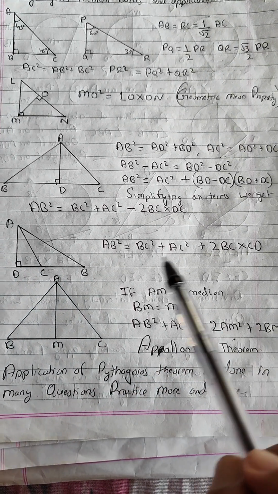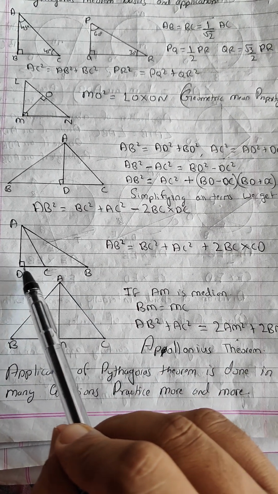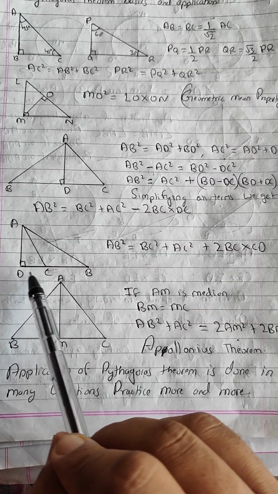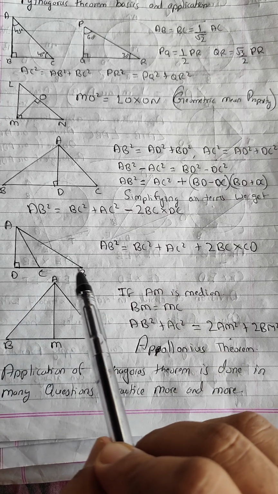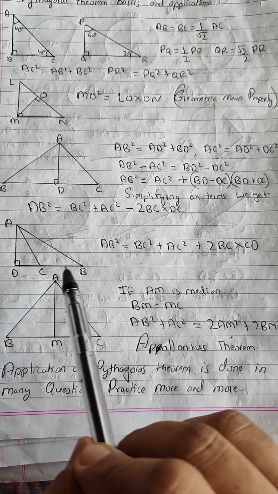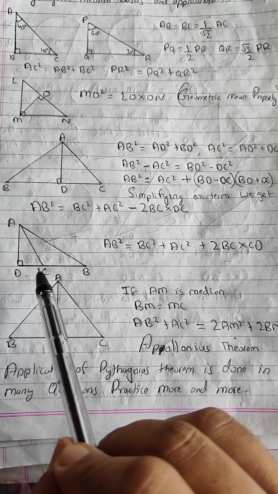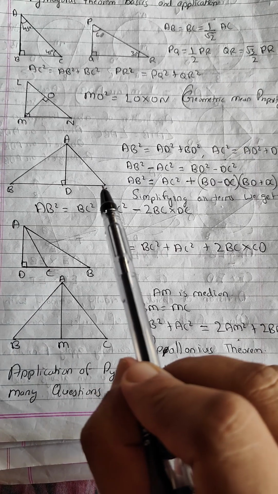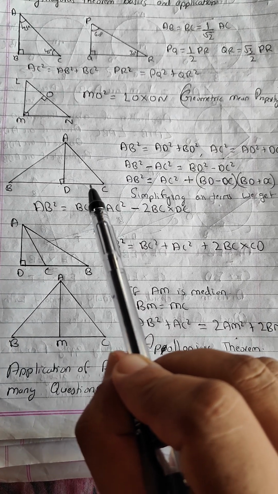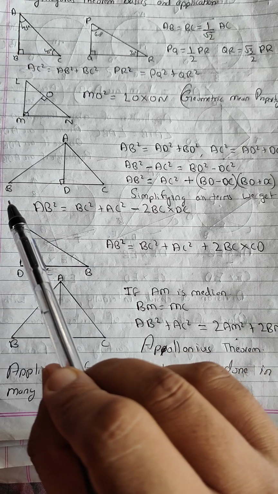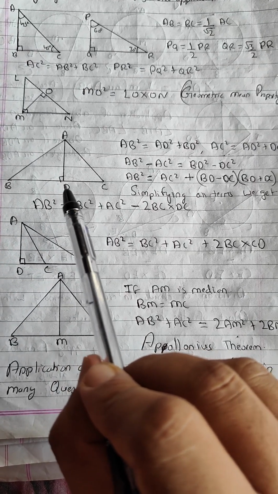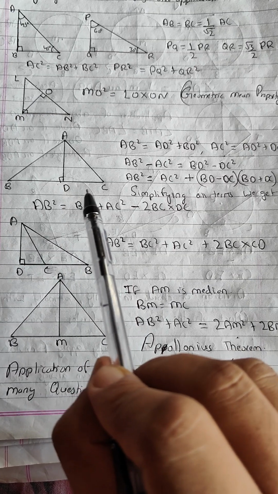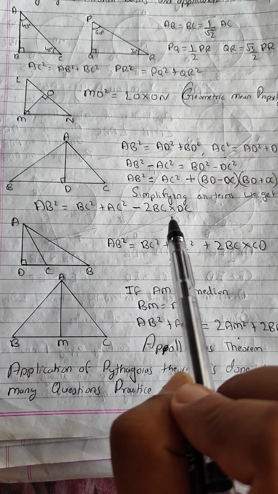Now how to remember this? Obtuse angle में ये जो extra part है, extra part CD, this is going to be added up. 2BC, the whole base, multiplied by 2 into the extra part CD. And अगर ये acute angle है, in this case 2BC, the whole base into the extra part CD, ये extra part CD है, ये आप subtract करते हो.